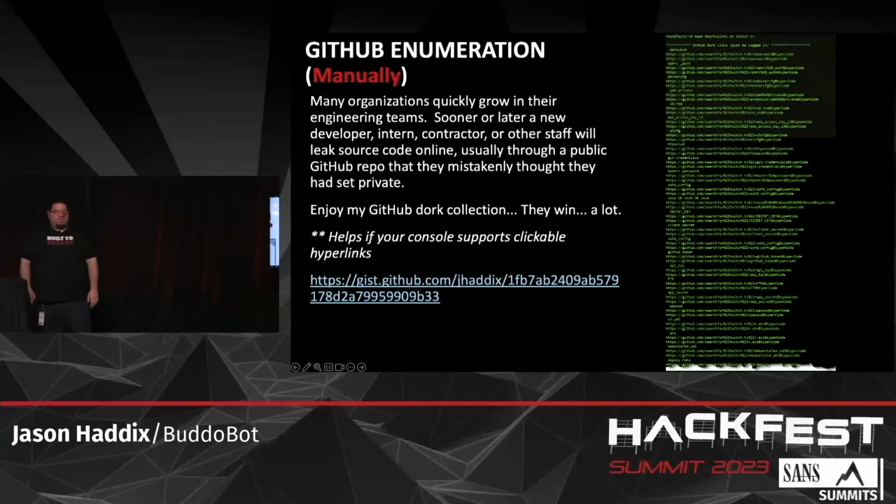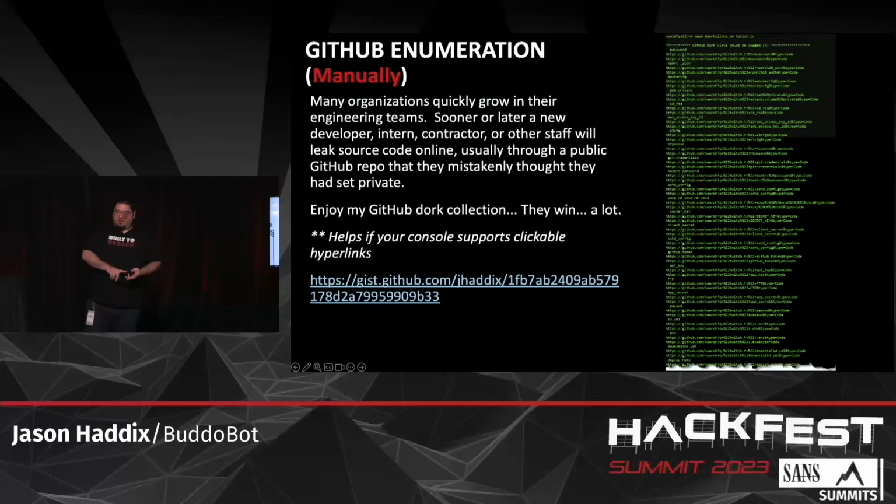So you can do this all manually as well, but I have a script here if you want to grab it. It's basically a bash script that prints out links to things you want to check via GitHub. It prints out a link and you just paste that into your browser. In my terminal, I can actually just control click, and then it will open up the search for what you're looking for. I know this is hard to see, but there's stuff like password,